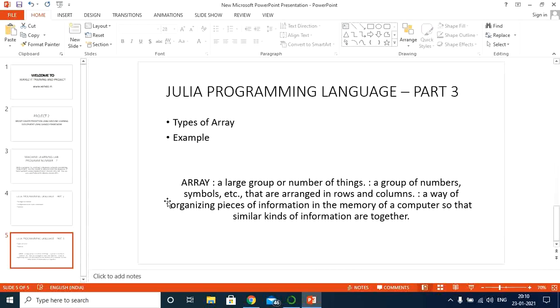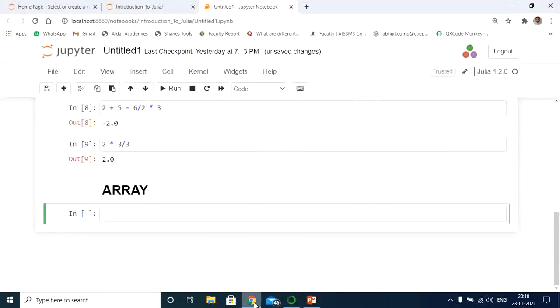As far as Julia is concerned, we can work with different types of arrays. It can be a one dimensional array, or you can work with a multi-dimensional array also. There are different types of one dimensional array, like integer type, floating type, string type, inbuilt keywords also we can use, or any type of array we can execute using the Julia programming language. Simultaneously, we'll see the multi-dimensional array also. Let's start with the first one, the one dimensional array.